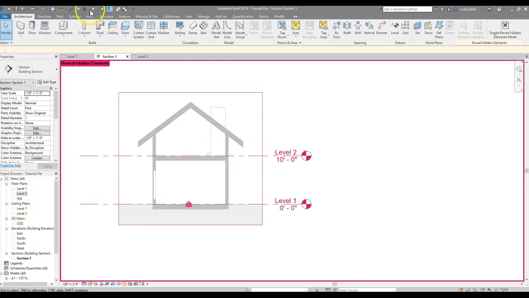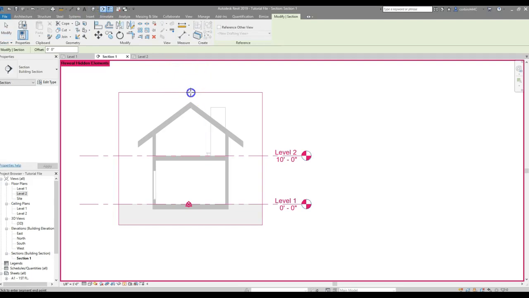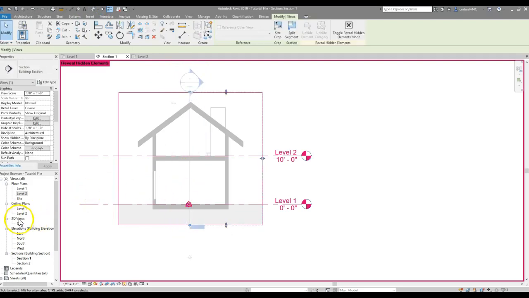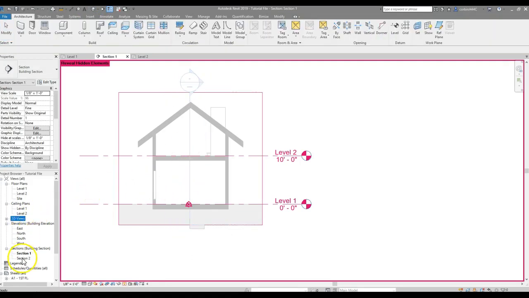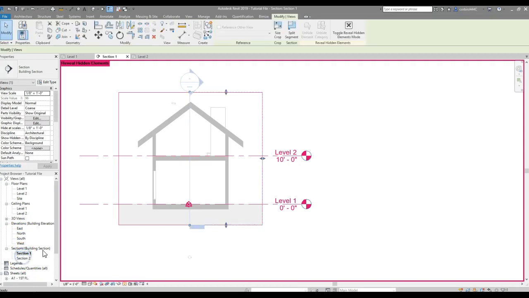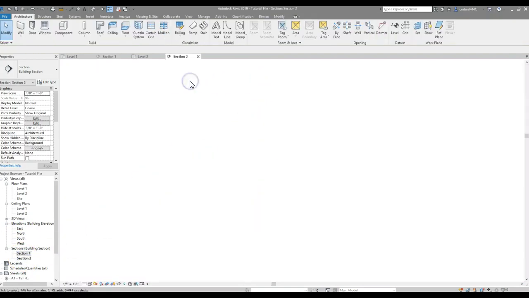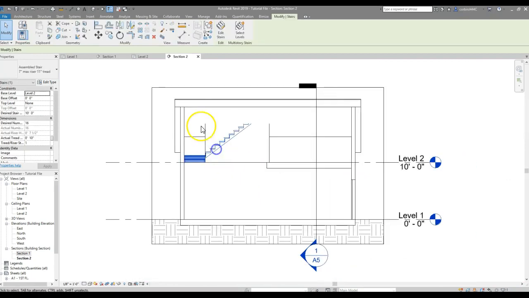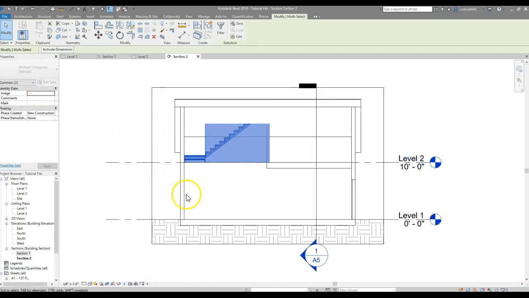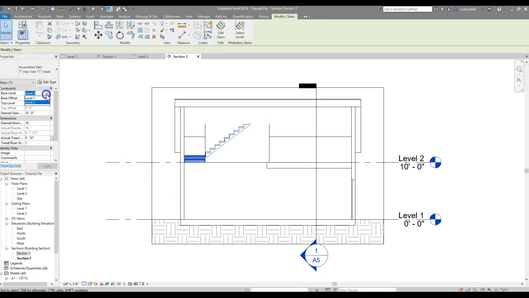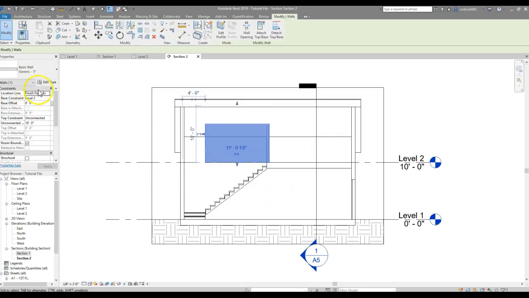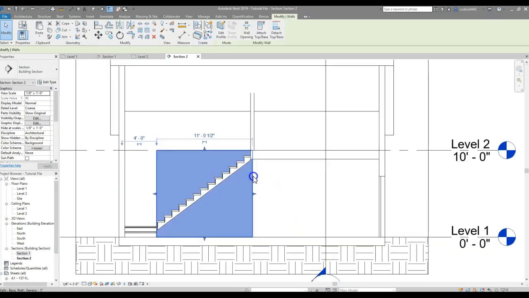So we're just going to cut another section down the middle here. Oh, looks like I did everything on level 2. Just making everything connect in the right spot. So now,